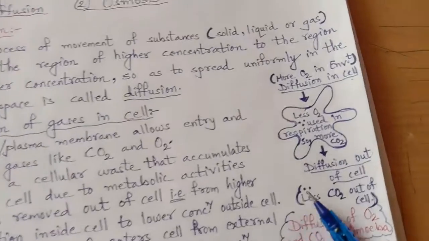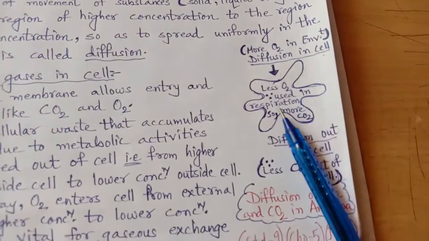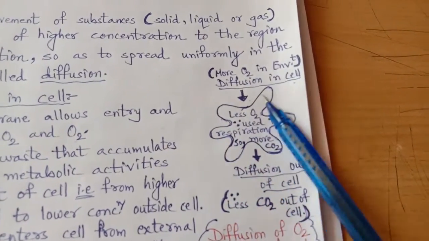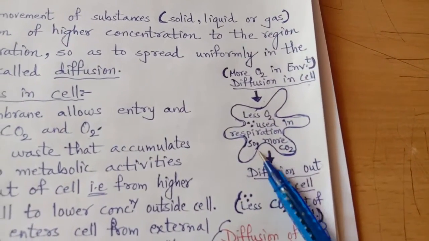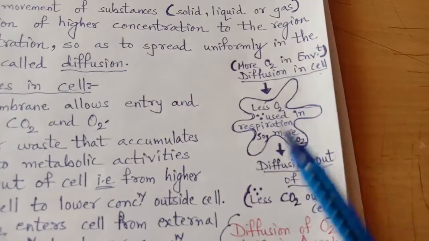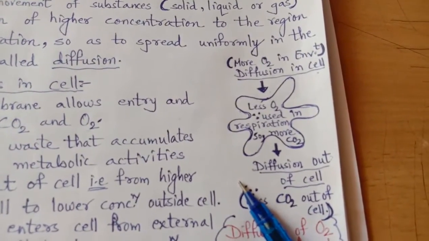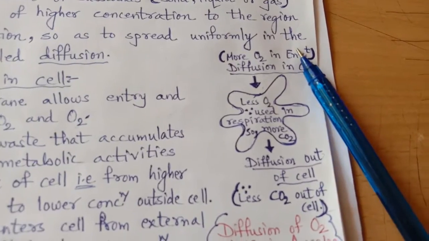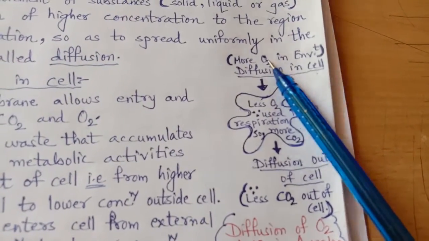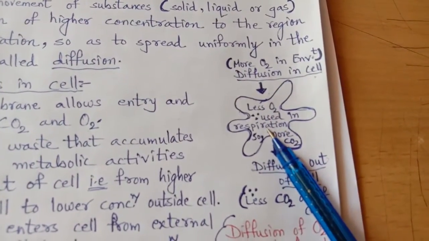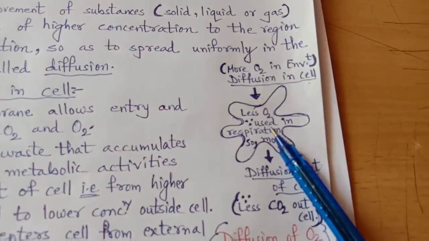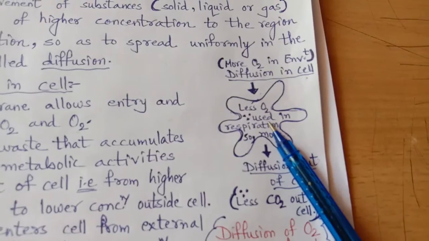Right? Here see a diagrammatic presentation of an amoeba, one of the organisms. This is an amoeba, an irregularly shaped unicellular organism. Now what happened? Here more oxygen is there in the environment. So definitely higher concentration will move towards lower concentration. So diffusion in the cell will take place. But why lower concentration inside? Because